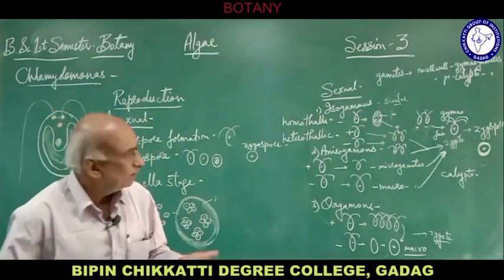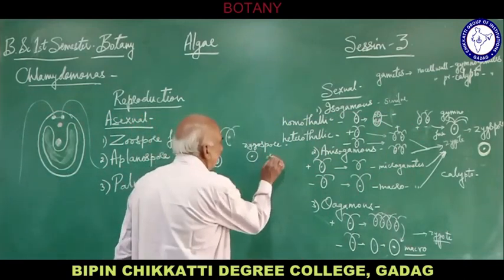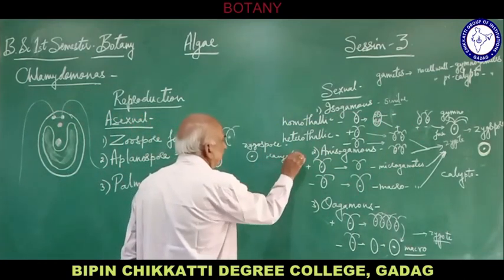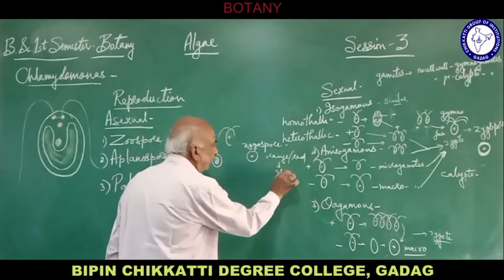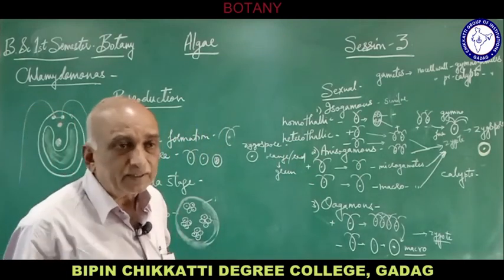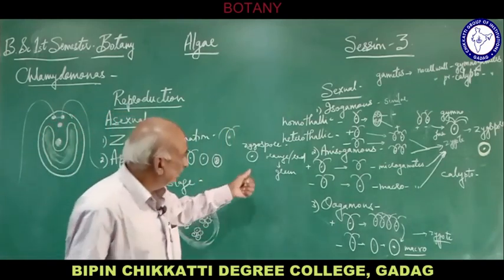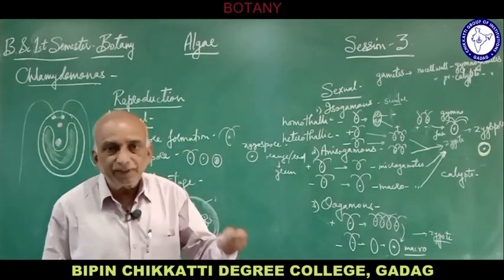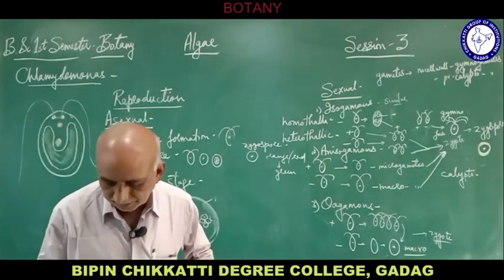Now when the zygospore starts developing, this orange or red colored zygospore turns green in color. So this green colored zygospore is the indication that the zygospore is starting to develop further,